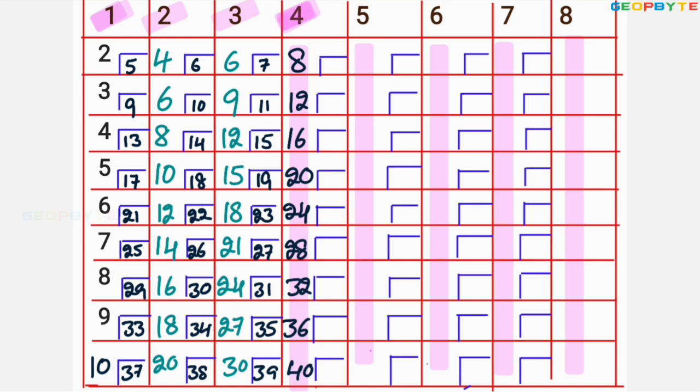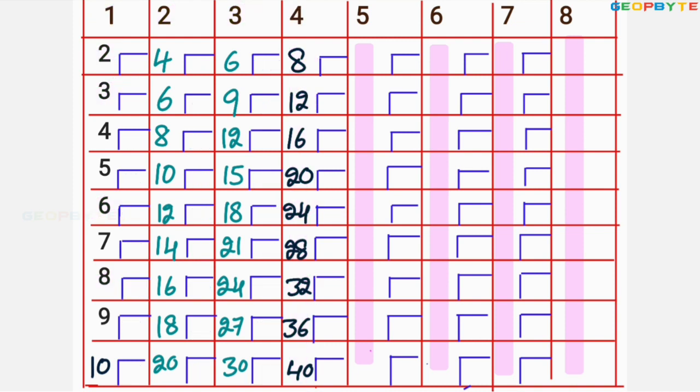Now let us verify it. 4 1 ja 4, 4 2 ja 8, 4 3 ja 12, 4 6 ja 24, 4 8 ja 32. I hope you clearly got my point. Similarly, fifth table. Fifth table is like this: 1 2 3 4 5 6 7 8 9 10 12